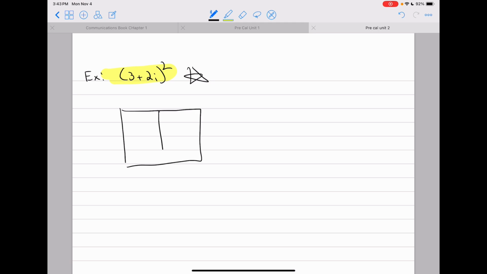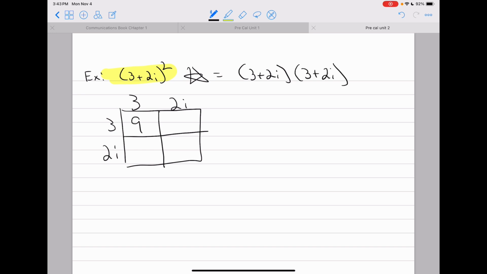That is 3 plus 2i times 3 plus 2i. 3 times 3 is 9. 3 times 2i is 6i. 3 times 2i is 6i. 2i times 2i is 4i squared, since i times i is i squared. Which equals 9 plus 6i and 6i is 12i,